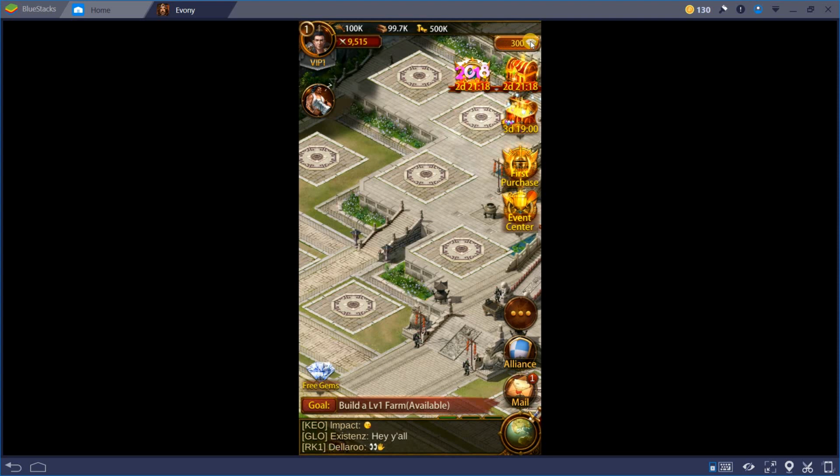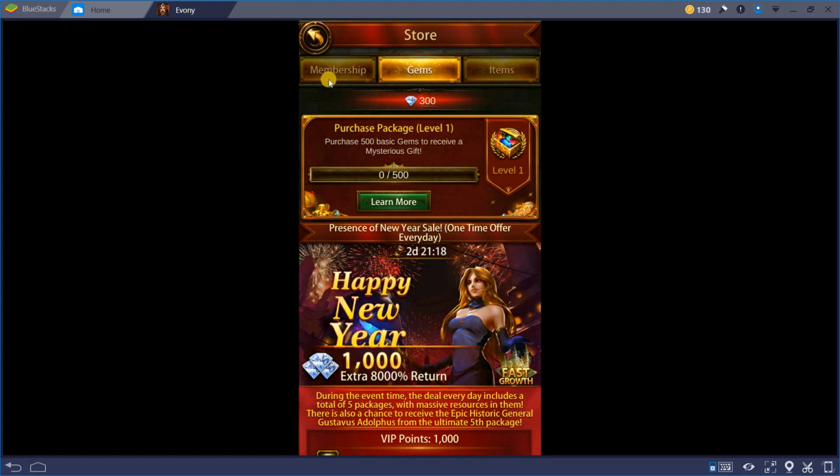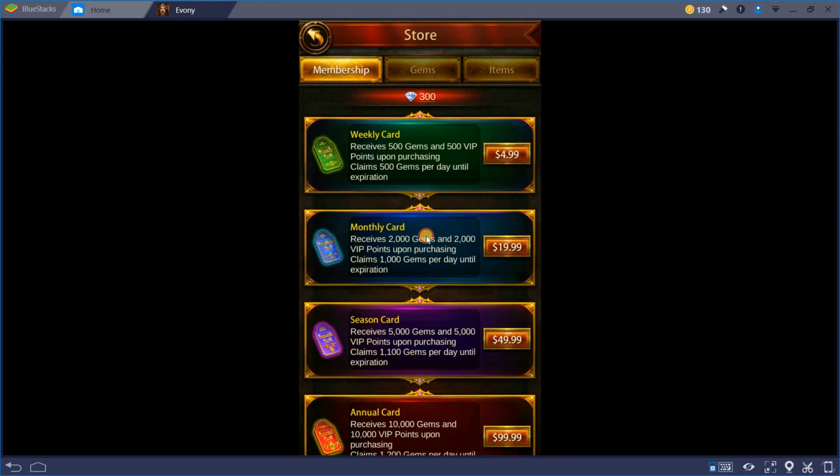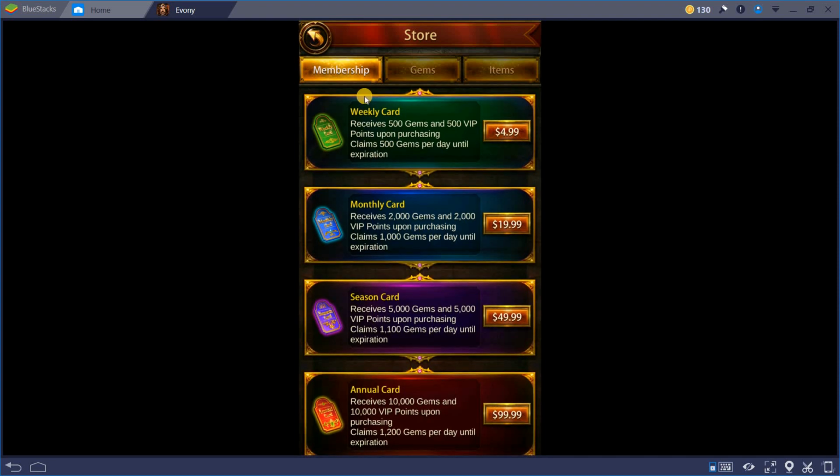At the top here we've got our gems. So this is telling me you've got 300 gems which you get at the start. And if you click on that, it actually takes you into your store, where you can buy membership cards, which I wouldn't recommend getting. They're not very good value. And also, once you get them, you tend to forget about them because they're hidden away, so you don't collect your gems